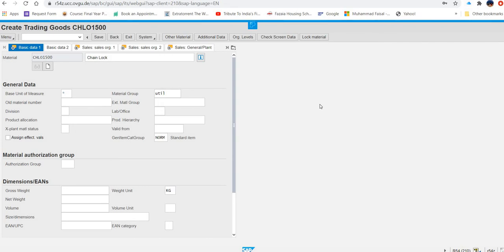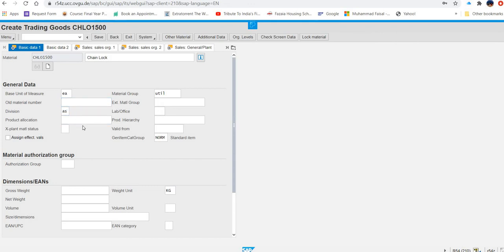As basic unit of measure, use F4 help to find and select EA. So, basic unit of measure, we will select EA. Then accessories as a division. So, where is the division? Here is the division. They said put AS for accessories. Again, capital small doesn't matter. In the gross weight field and in the net weight field, enter 65.